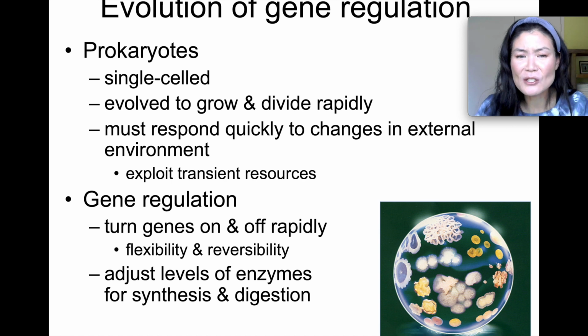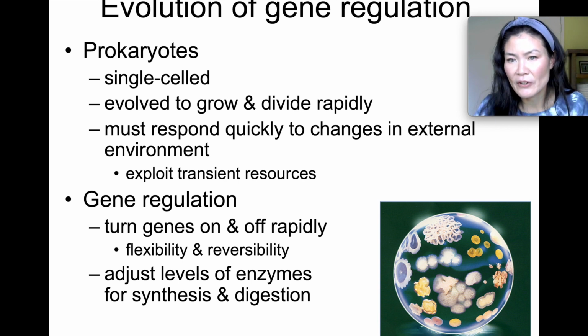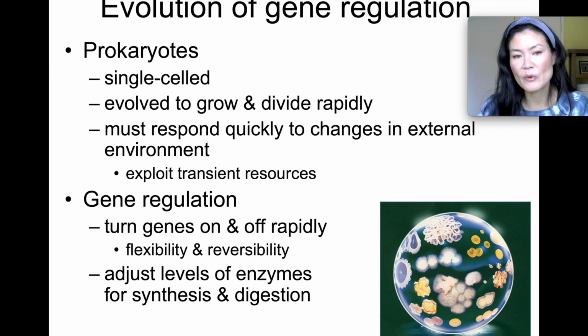Okay, anyways, gene regulation is like turning these genes on or off very rapidly, and prokaryotes or bacteria are very good at that. There is a very simple on and off switch, which we'll be talking about in the operon model, that allows them to turn on genes very quickly, turn off genes very quickly, okay?